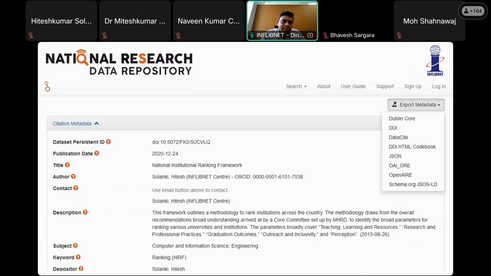And from this citation metadata option also, you can download the metadata file in different formats. This has options like JSON format, OAI format, OpenAIRE format, schema.org, even the DDI format or DataCite format. So those formats are available. Once you enter the data in the Dataverse, you can export the metadata into other formats also,